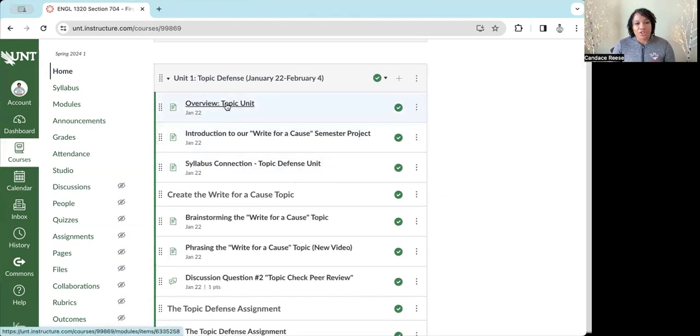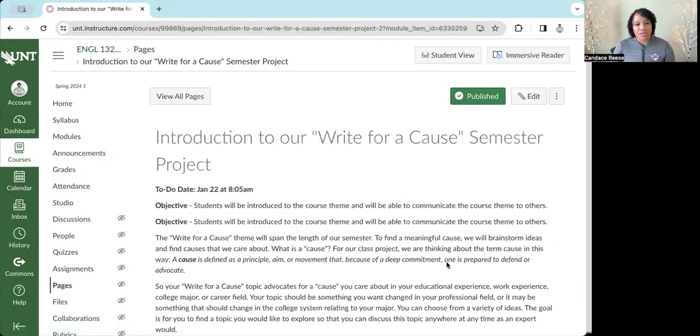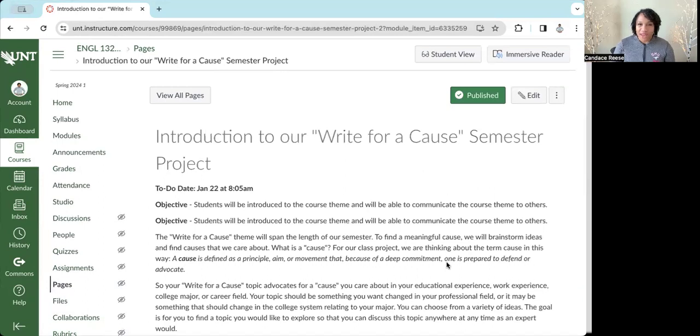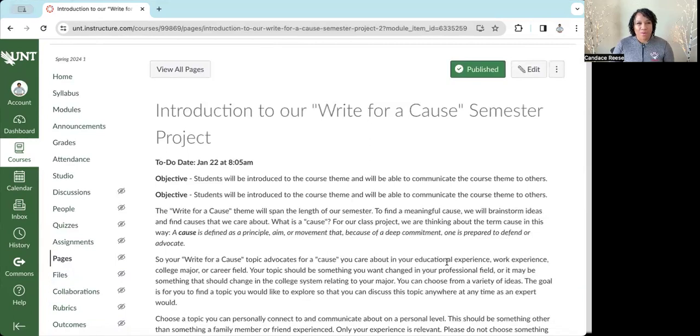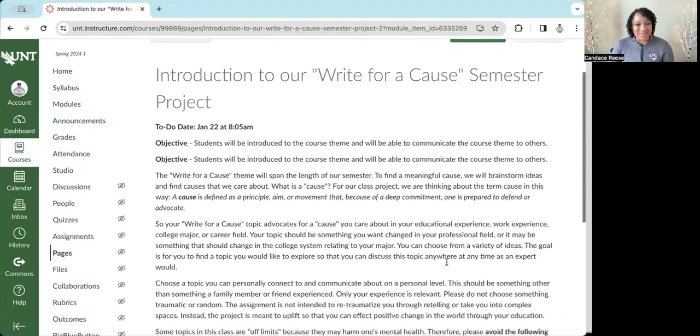After that, you will go into the overview for the course, which starts at level 1, which is the topic. Your Write for a Cause topic is going to help you communicate exactly why you've chosen the topic that you've chosen, and it'll help you to express it in multiple ways. One way is going to be as a phrase, and another way is going to be as a paragraph, all right? And you'll see more about how that works as the semester progresses, and you'll get some more video insight from me into how to do that.